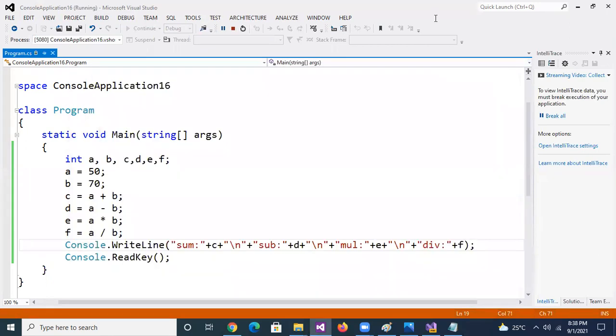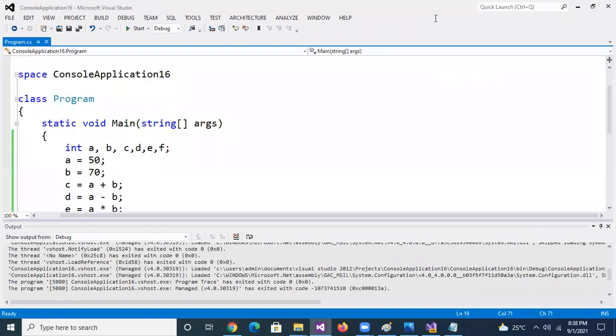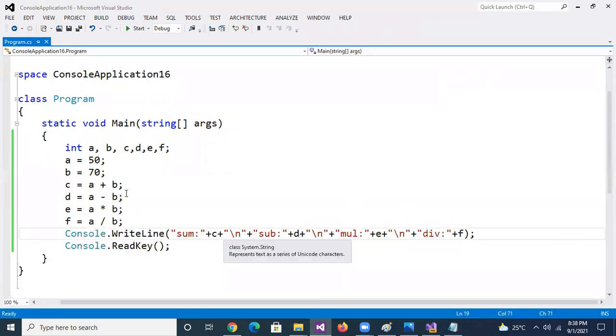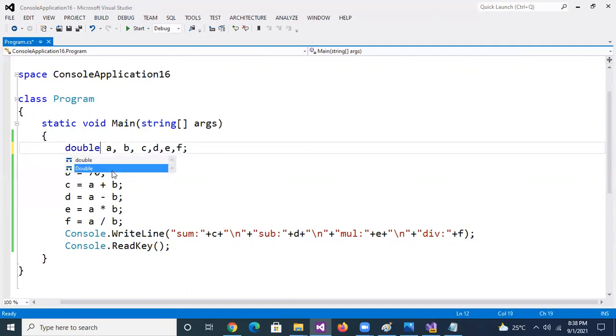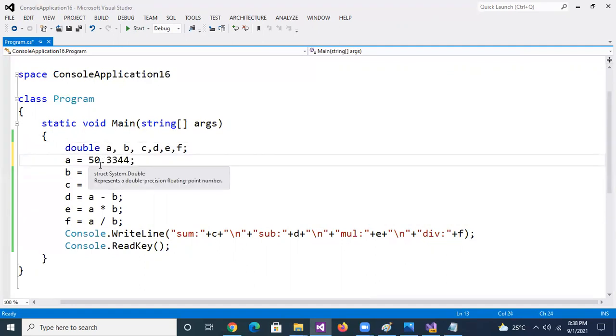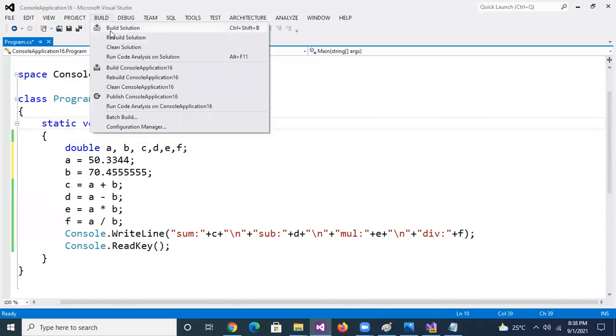Understand? Yes. Anybody has doubt? No. Okay. So this is about integer type data type declaration. Now if I use a float, generally we won't use float, we use double only. When I use double, I can use decimal values. Build solution. Okay, now